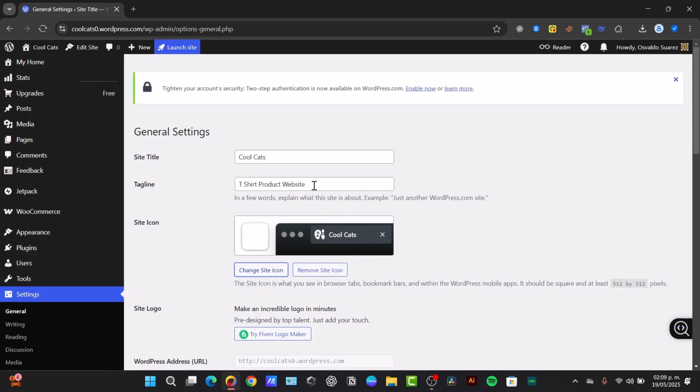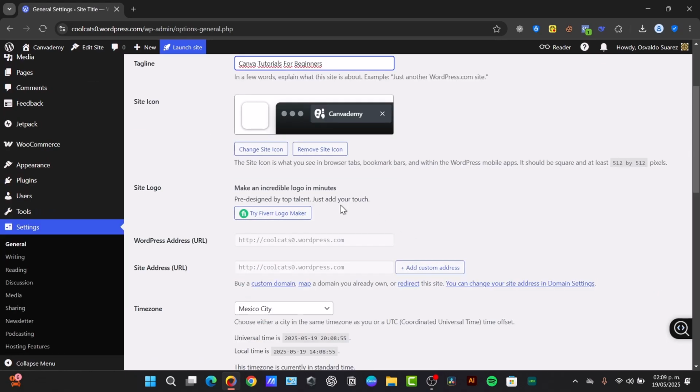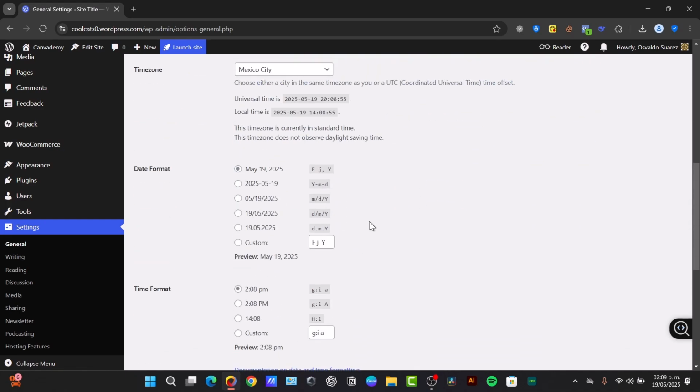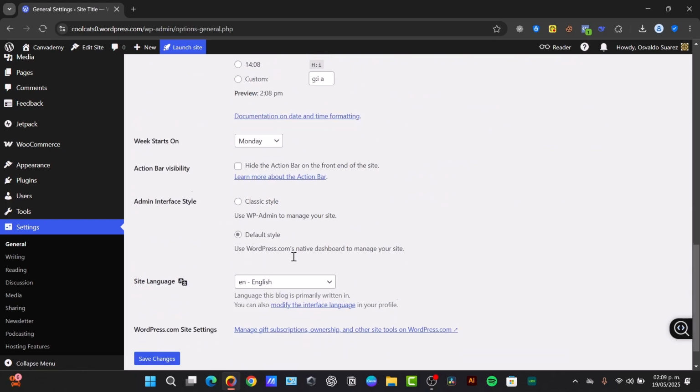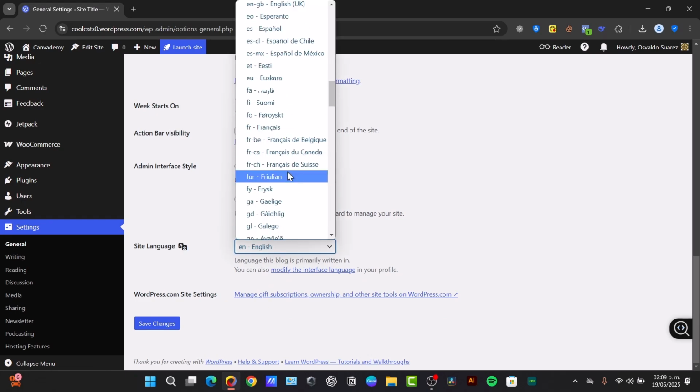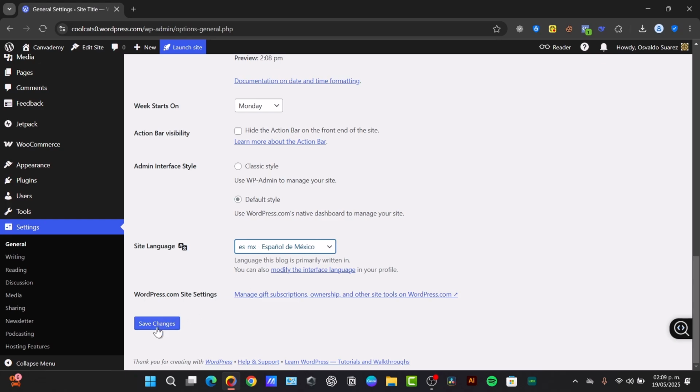And here's how it should be appearing. So let's go for even create a new one. And here, let's say for example, the tagline should be the site logo can be appearing in here. Here's my WordPress address, and here's the time zone, time format, the site language. In my case, let's try it out with Spanish since my client is from Spanish, and I'm going to save